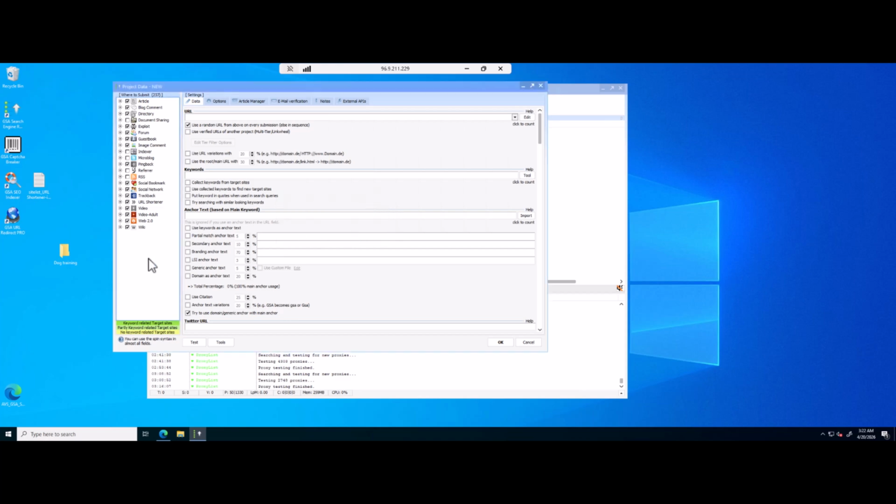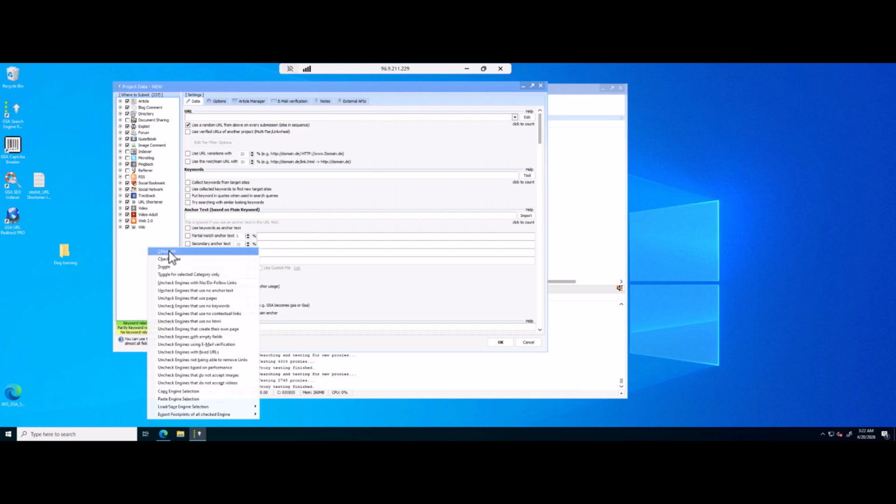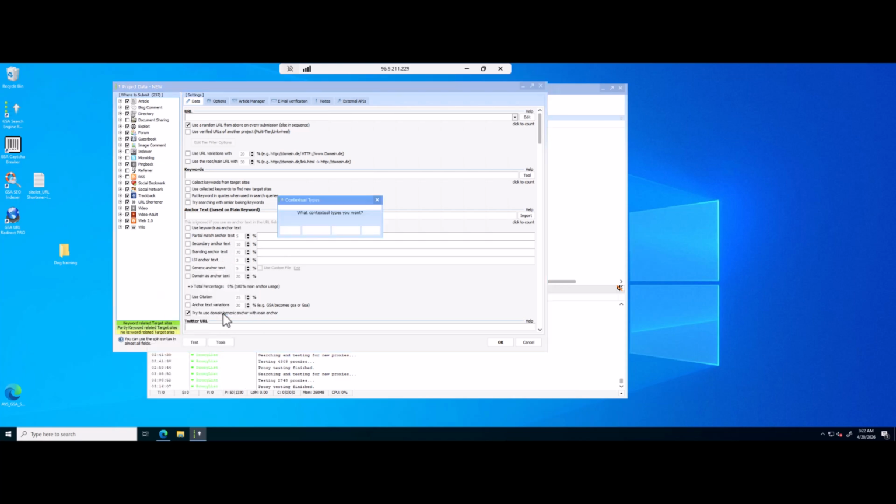If we do that, now even more will be removed here. There's more options. Another one that is quite contextual. Links are the best kind of links to have. So we say uncheck engines that cannot provide a contextual link. So if I check that now,